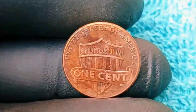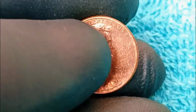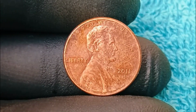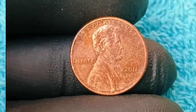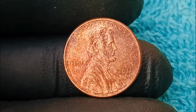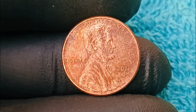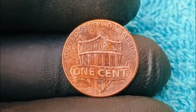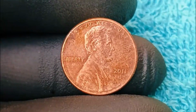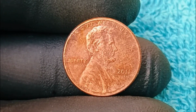impossible to replicate. And it all started with the wrong planchet, because this coin, instead of being struck on the standard copper-plated zinc disc, appears to have been struck on an experimental foreign alloy planchet, possibly one that was never intended for use in US circulation, and metallurgical testing revealed that its composition doesn't match any known US minting material from 2011, suggesting a mix-up at the mint where a blank intended for another coin, perhaps for a foreign contract, was accidentally fed into the Lincoln cent press, and the result was a coin with a slightly different weight, color,